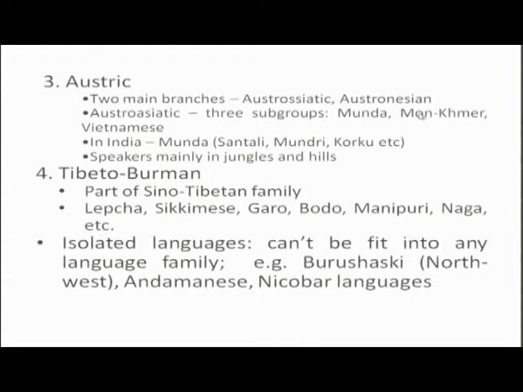Out of these three subgroups, only Munda subgroup is found in India. So, some languages which belong to this group are Santali, Mundri, Korku and so on. The text mentions that speakers of this language family are found mainly in jungles and hills. Then the fourth one,